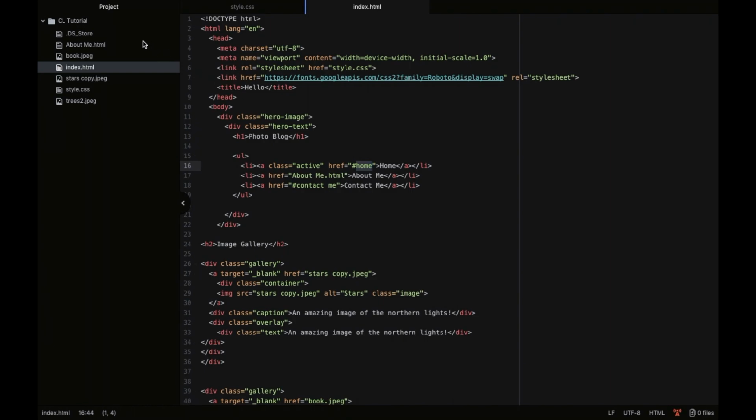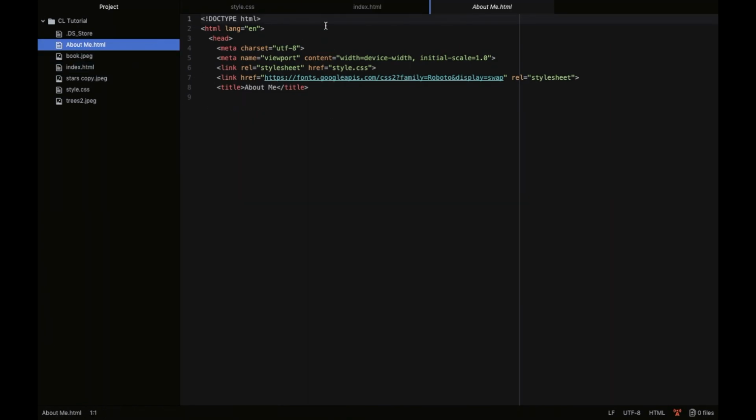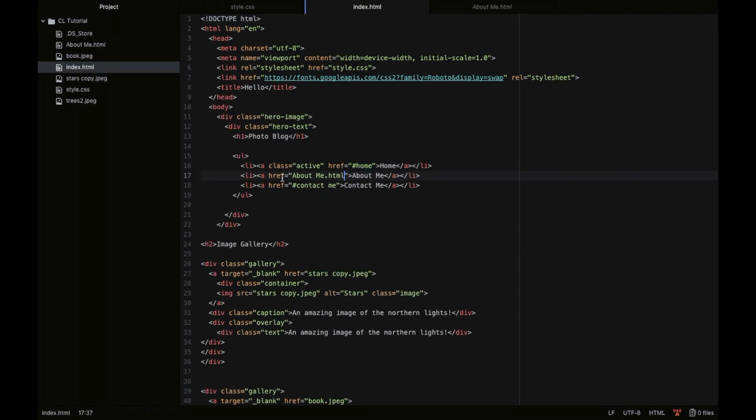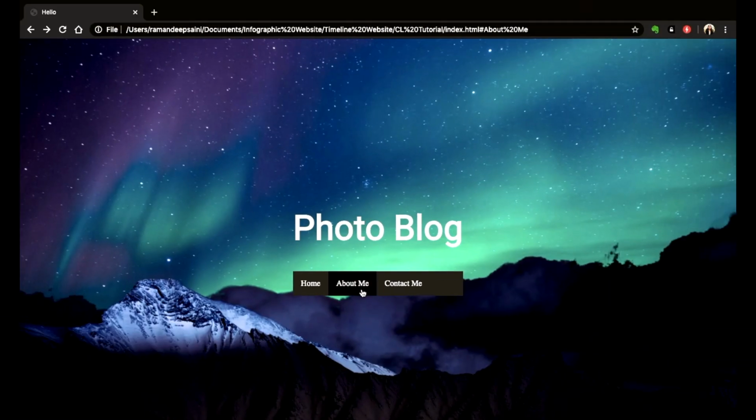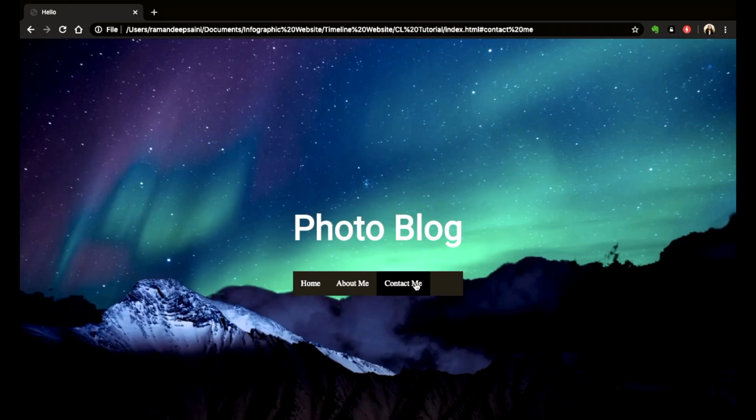So I'll just show you that file right now. I just made it very basic, just named the title of the tab, and I just put the name of the HTML file here, so when I go to About Me, I can click it, and it goes to actually another web page. Whereas if I clicked Contact Me, it would just stay here,